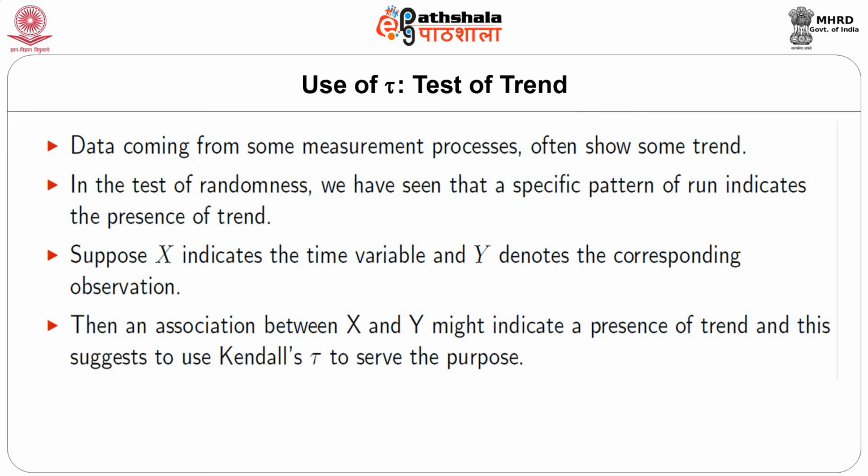Data coming from some measurement process often show some trend, that is, observations in general depend on time. In the test of randomness, we have seen that a specific pattern of runs indicates the presence of trend. Now, we shall discuss how Kendall's tau can be used to check the presence of trend. Suppose x indicates the time variable and y denotes the corresponding observation. Then an association between x and y might indicate a presence of trend, and this suggests using Kendall's tau